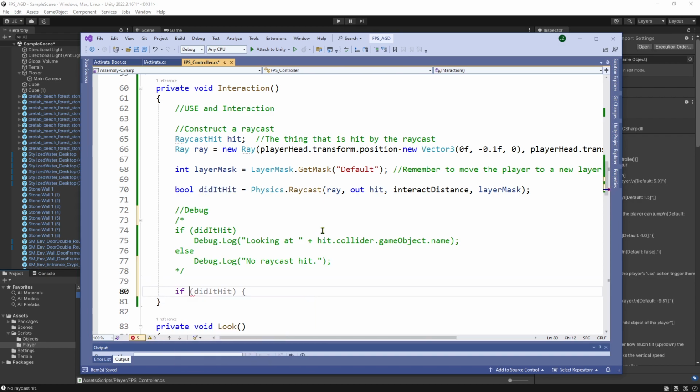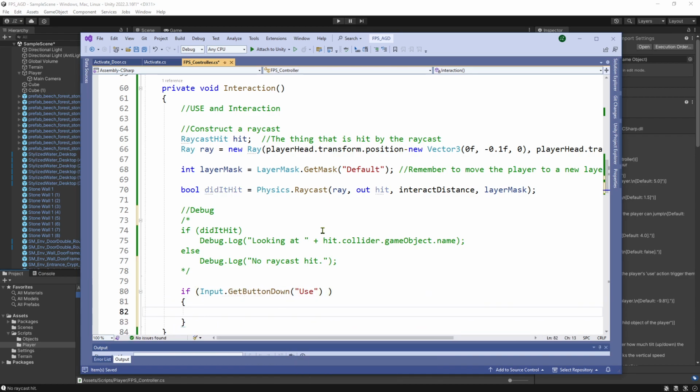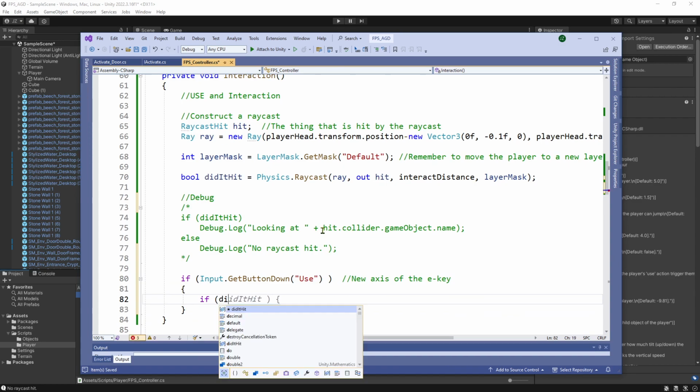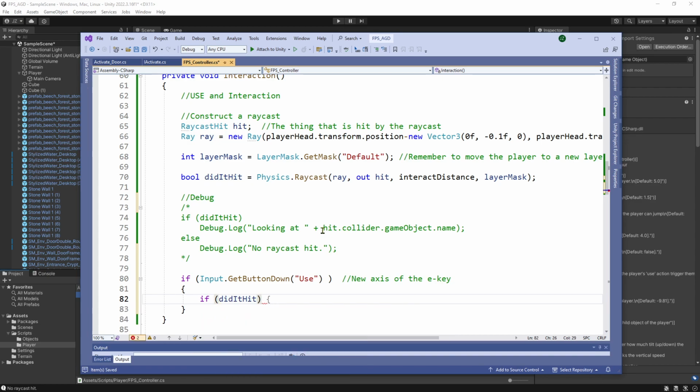So we need a new key. So Input.GetButtonDown use. It's going to be a new axis we're going to have to go define. I don't want to say if they press the E key because I want to be able to have the keys user definable. So if didItHit? So if it found something, then